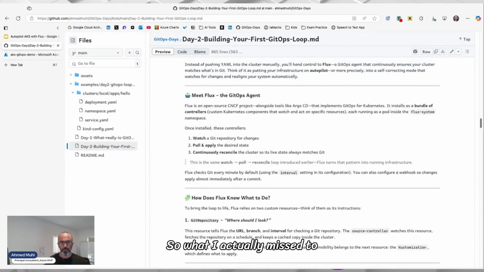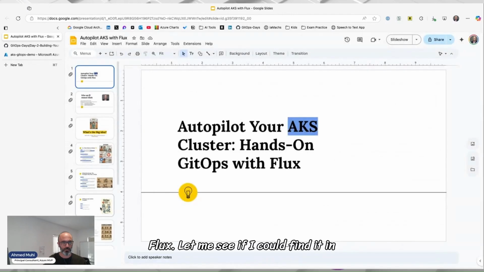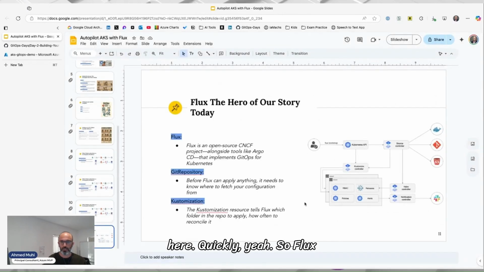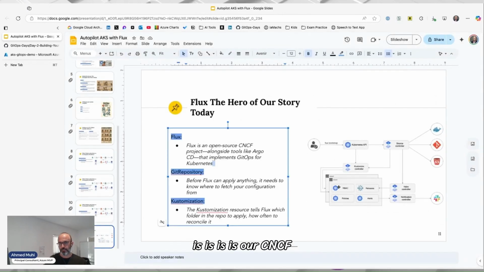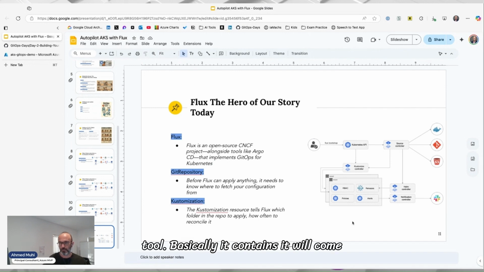What I actually missed talking about here is what Flux is. Let me see if I can find it quickly. Yeah, so Flux is a CNCF tool. It comes with a set of controllers, or custom resources, within Kubernetes. One of them is called the Git repository, and one is the customization.